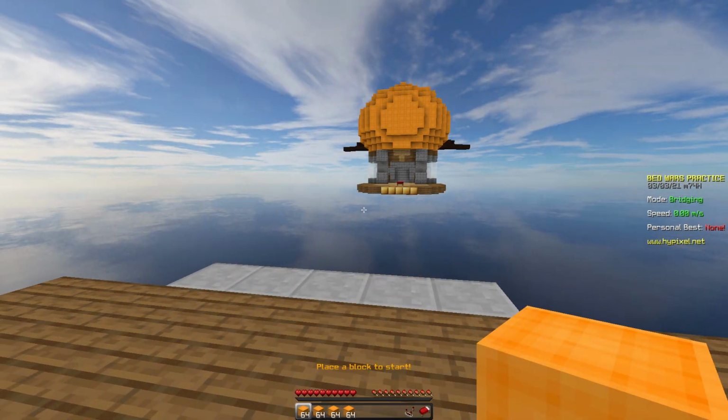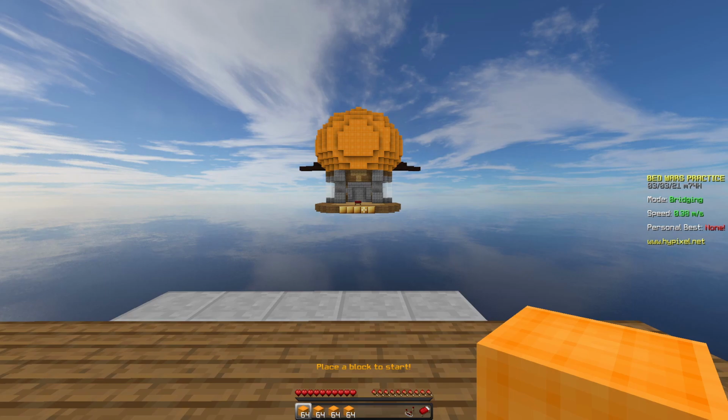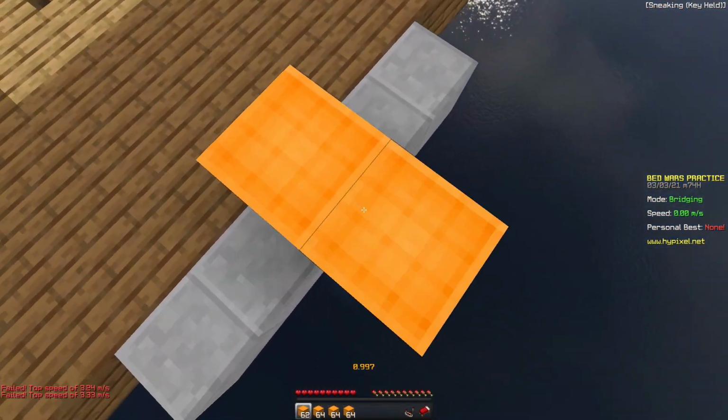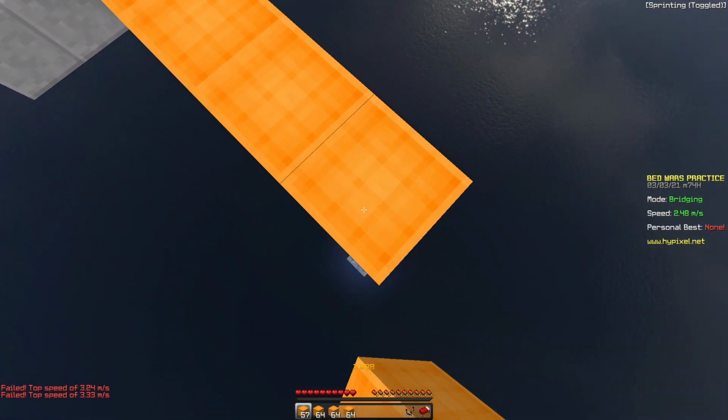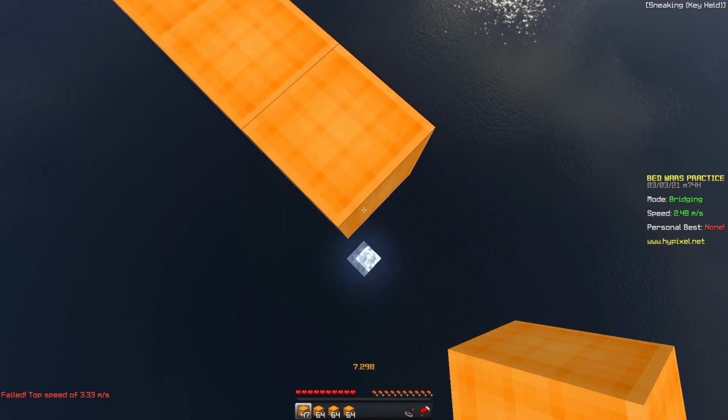Okay, we've joined a Bridging Practice server. As you can see, it puts us in a special version of Airshow with a bunch of blocks and a settings menu. Here, we can set the bridge distance, height, and whether it's straight or diagonal. The goal is very simply to bridge across the gap as quickly as possible. After your first time getting across successfully, the server will start keeping track of your best speed for every combination